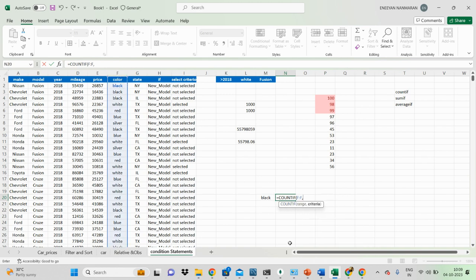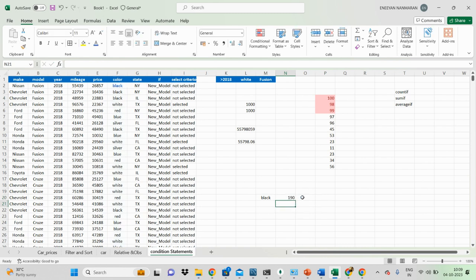Whenever it is black, you can write black in small letters. Always you want to give it in double quotes. Now 190 cars are black color. Understood, guys? So the black color is 190, and if you want to see a percentage, equal to this 190